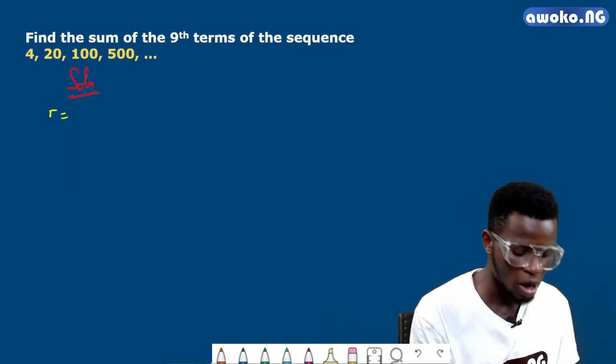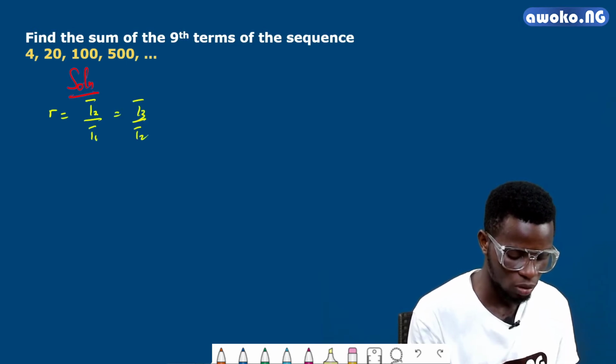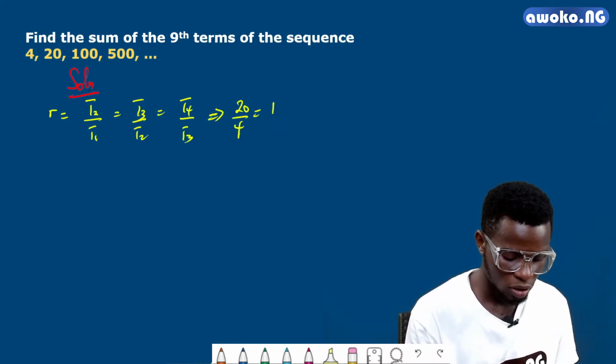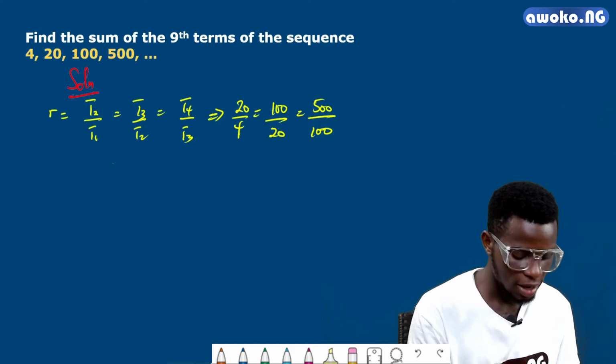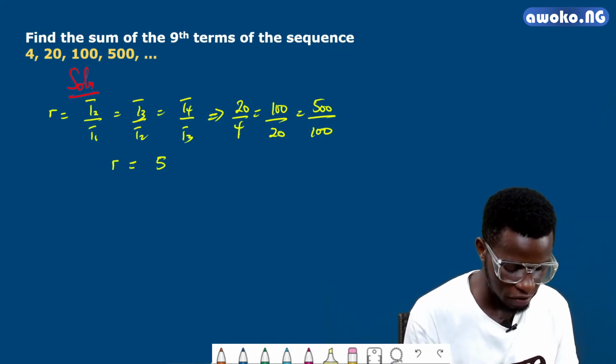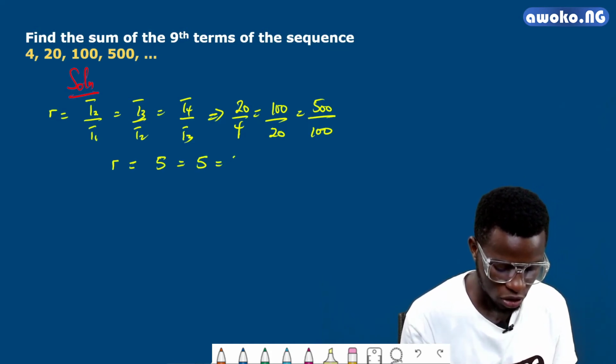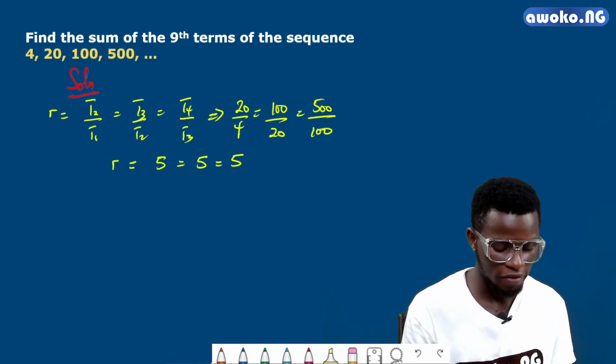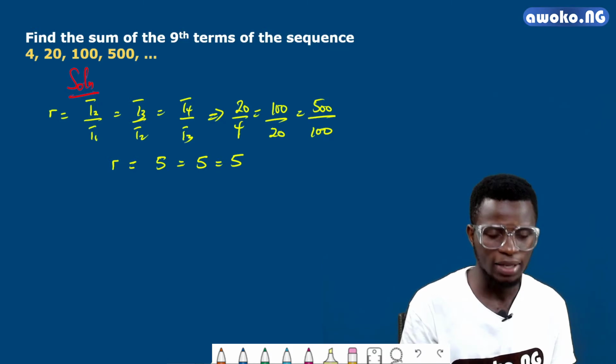And common ratio from our preliminary knowledge is T2 over T1, which is equal to T3 over T2, which is equal to T4 over T3. And we have this to be equal to 20 over 4 is equal to 100 over 20 is equal to 500 over 100. So we will realize that r will be equal to 5. Okay, so since our common ratio is equal to 5,